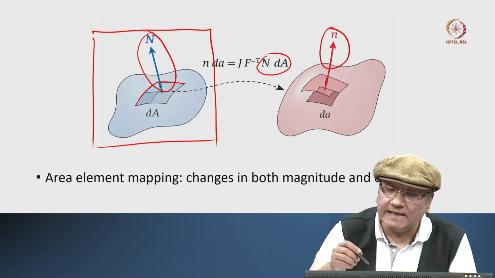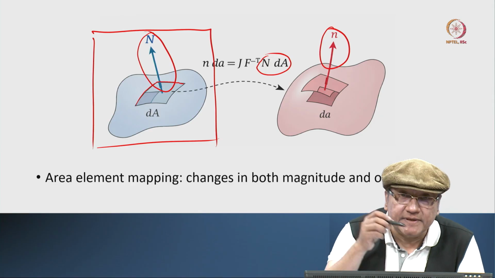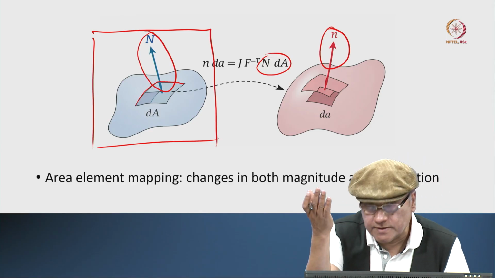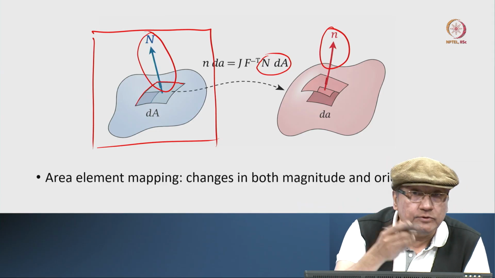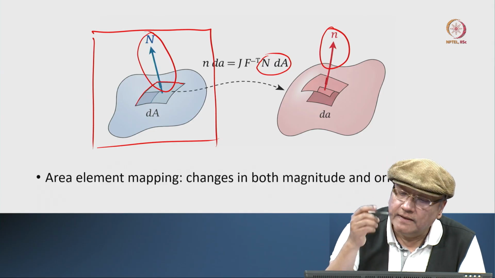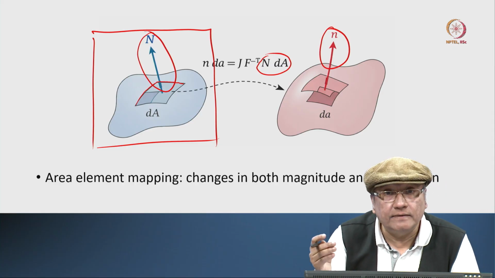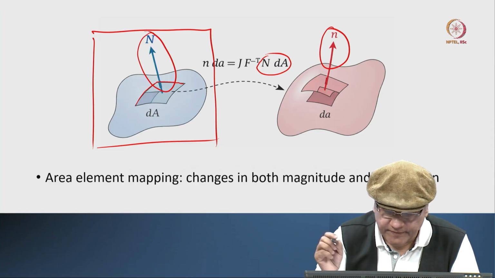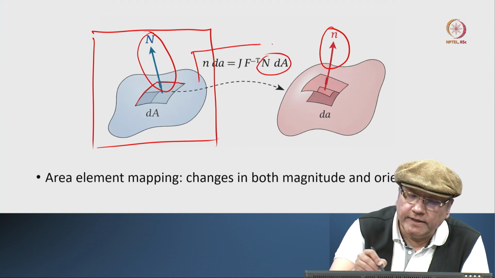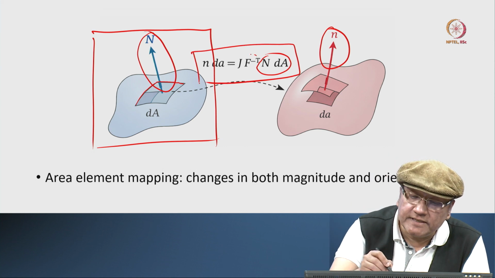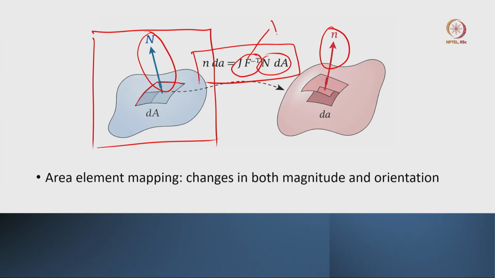So neither capital N nor small n need to be unit, okay. You may start with capital N as unit if you want, but it need not be. Then small n will have a different magnitude and a different orientation. So Nanson's formula is captured here, right. And this part is nothing but F^c, which is the cofactor of the deformation gradient F,